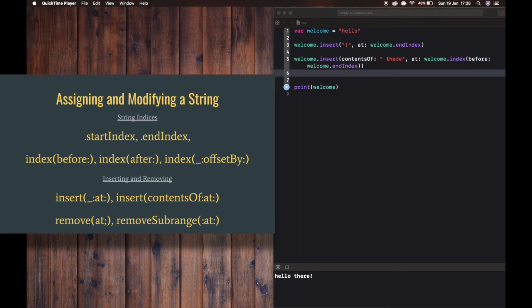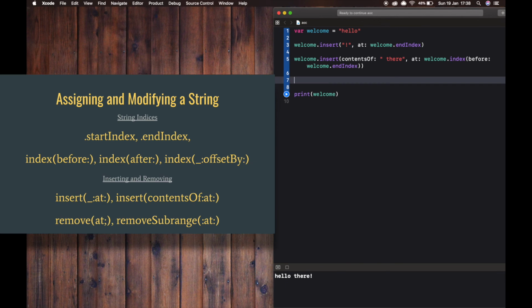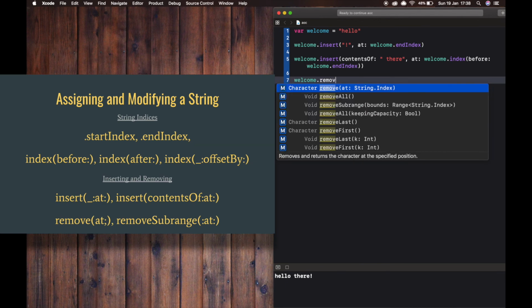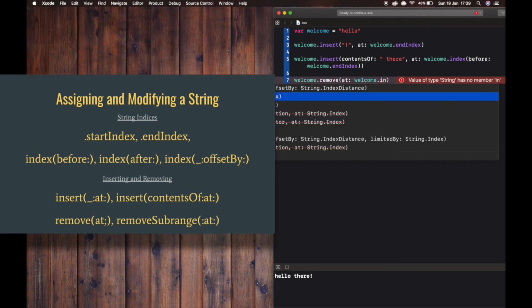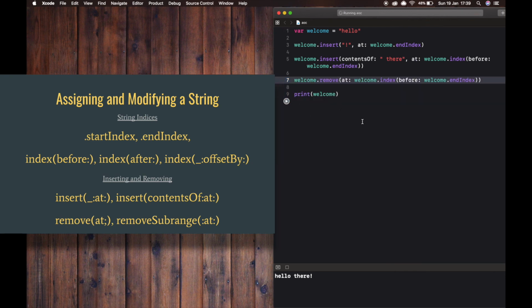To remove a single character from a string at a specific index, we can use the remove(at:) method. Welcome dot remove at index. If you want to remove a substring at a specific range, there is a method removeSubrange.